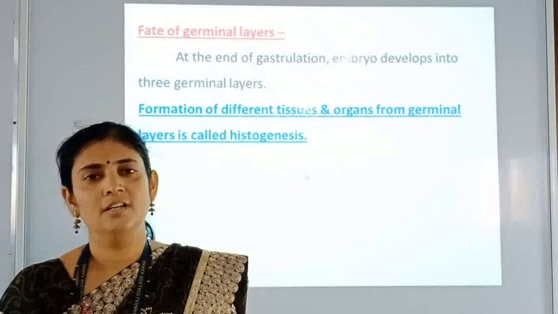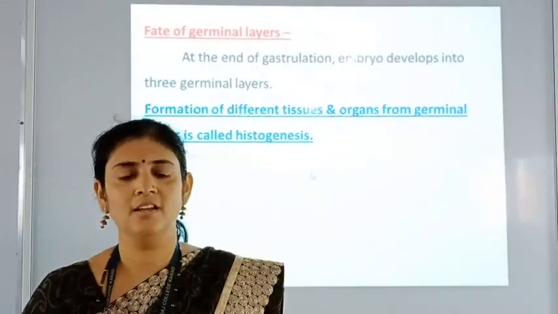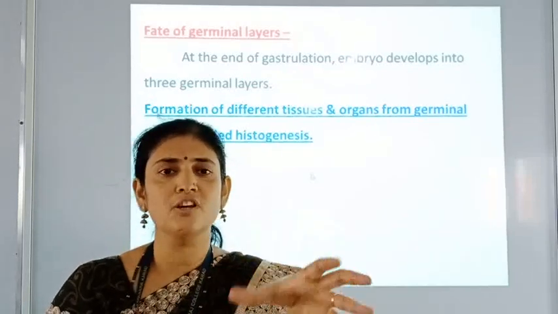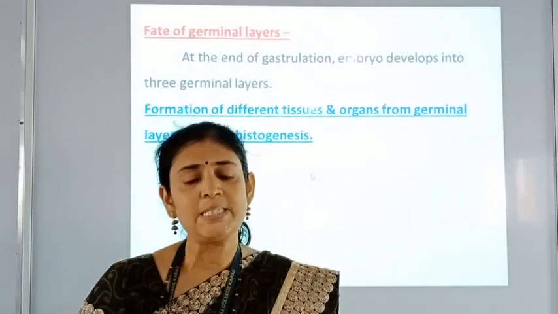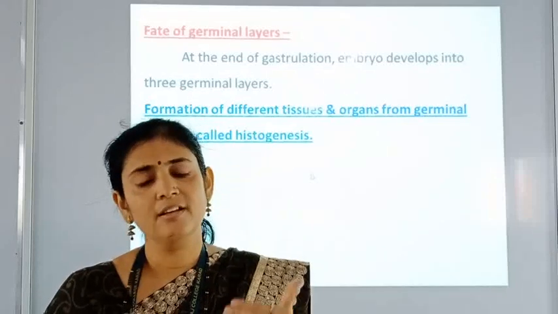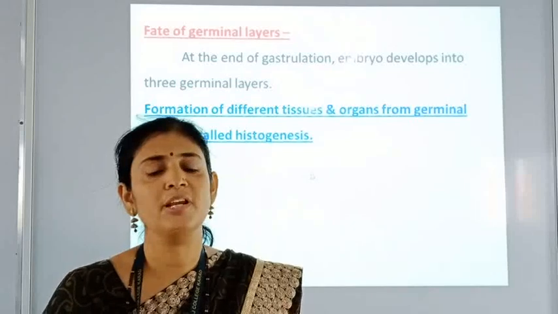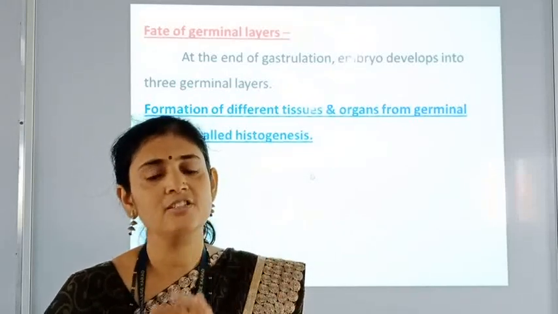So after seeing this video of the formation of these three germ layers, now the next point of our discussion is the fate of these germ layers, means which organs or organ systems are formed by these three germ layers, and this is called as the fate of three germ layers. म्हणजे ह्या तीन germ layer पासून कोणकोणते organs तयार होतात, त्यांचा मार्ग काय आहे, that is called as this fate